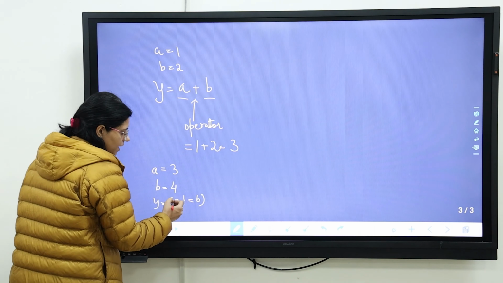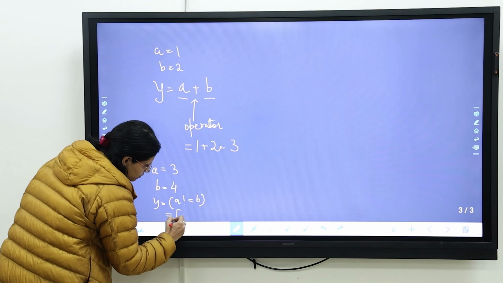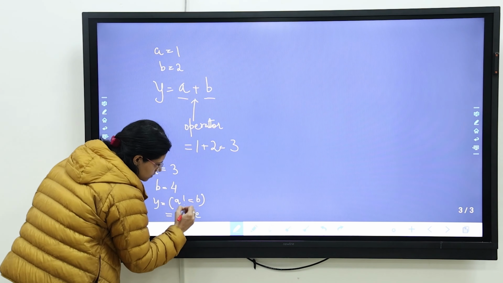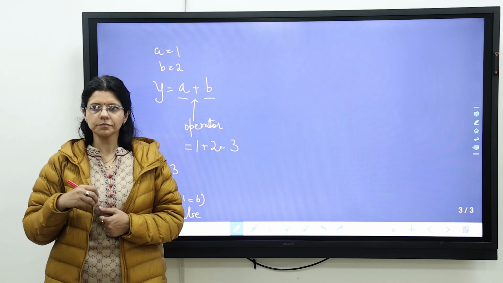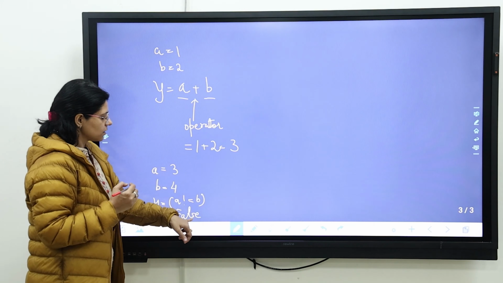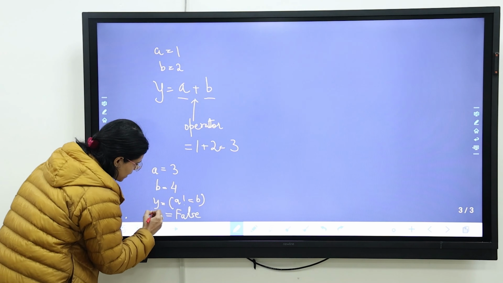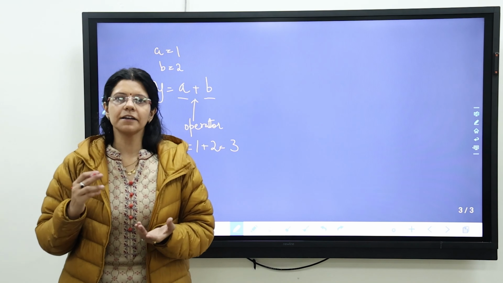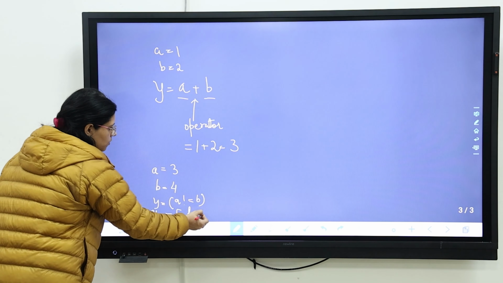Obviously a is not equal to b, so this is going to return true. We consider this to be the output for y. So y is also a variable and it is returning a boolean value.